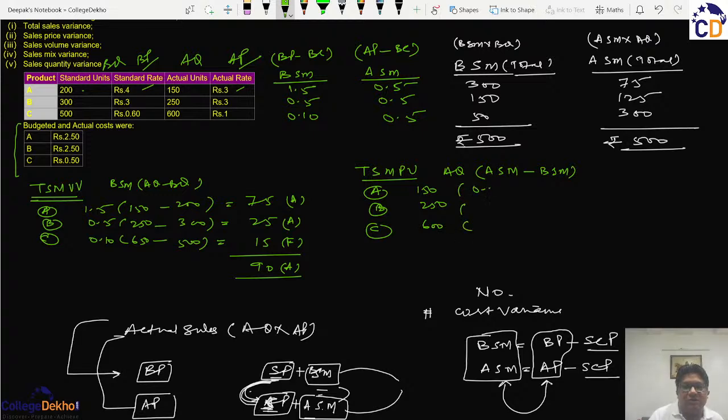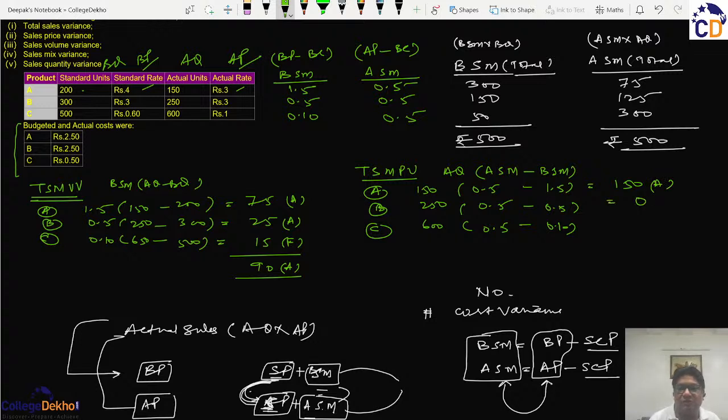The actual sales margin was 0.5, 0.5, and 0.5. And the budgeted was 1.5, 0.5, and 0.10. You will see here that this will come out to be 150 adverse,